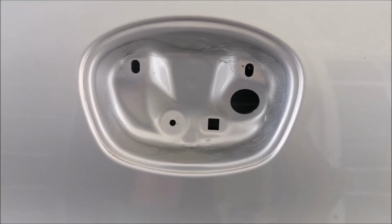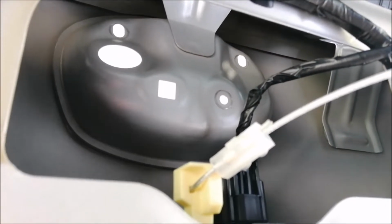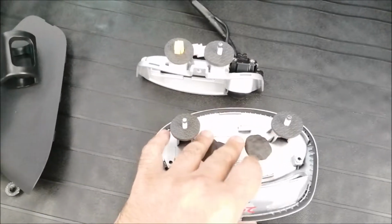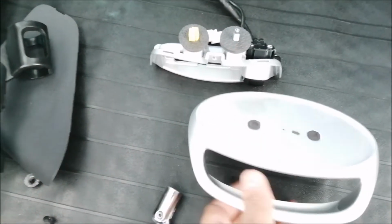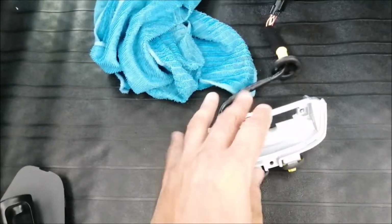Okay, since we opened up the back panel, in one shot we can take out the lock mechanism because I want to inspect the rubber button. Since there is an issue with the rubber button of this car, I have dismantled this unit. This is the rubber button unit and also the reverse camera. Okay, so this is the reverse camera. It goes inside, and